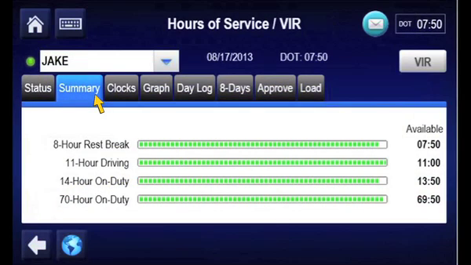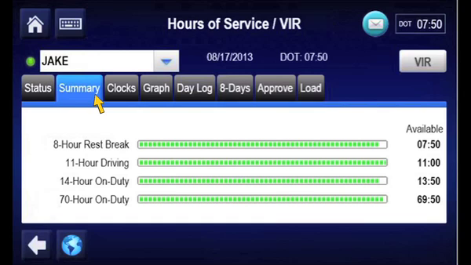As mentioned earlier, the proposed changes to the DOT Hours of Service rules are scheduled to take effect on July 1, 2013, and so the look of this screen will change slightly on July 1st. The Summary tab will include the new 8-hour rest break clock, which counts down 8 hours from when you go on duty. When you're off duty, whether on SB, off, or off DRV status, for less than 30 minutes, and